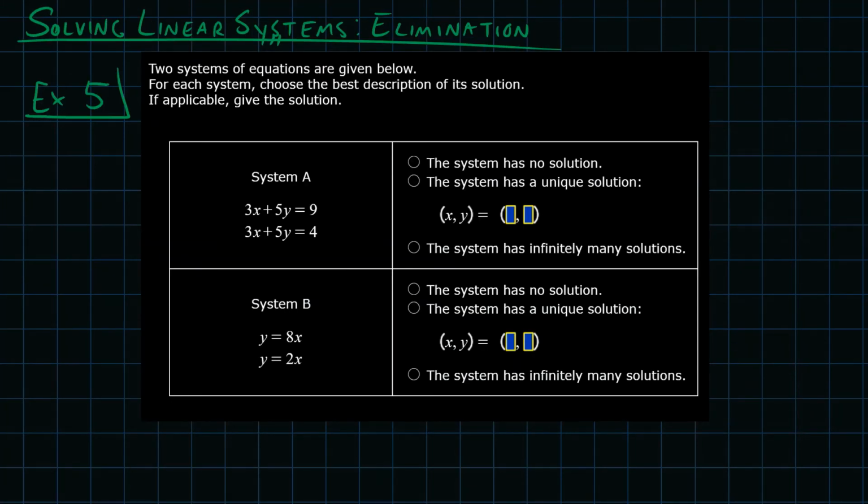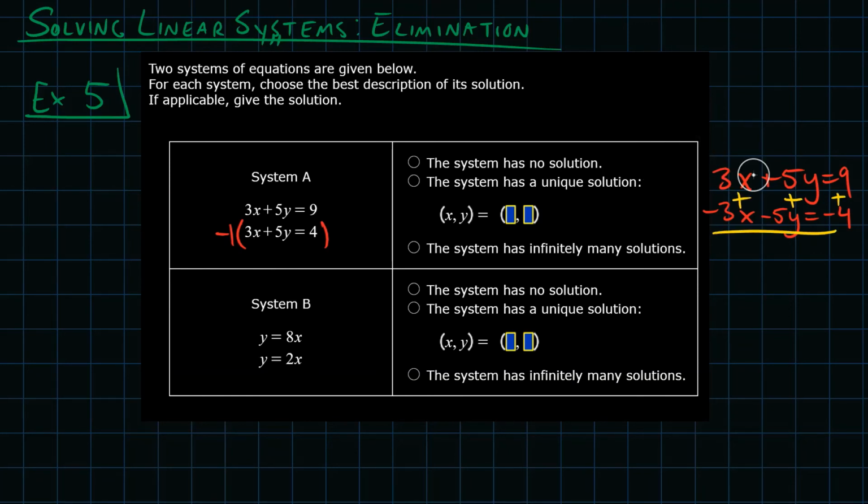Now, example number 5 is going to give us a chance to look at what happens when elimination problems go wrong, or give us some strange answers, and what that tells us about our system of equations. In system A, you're going to notice that we have 3x plus 5y equals 9, and 3x plus 5y is equal to 4. If I multiply the second equation in system A by negative 1, and then add these two